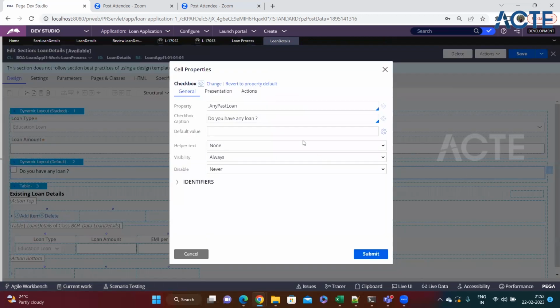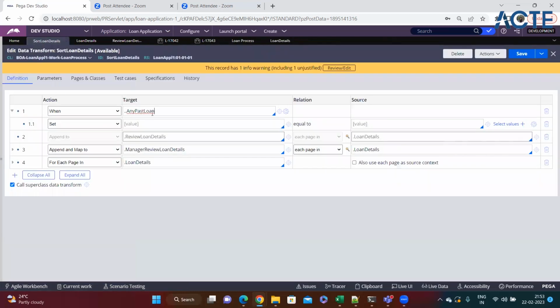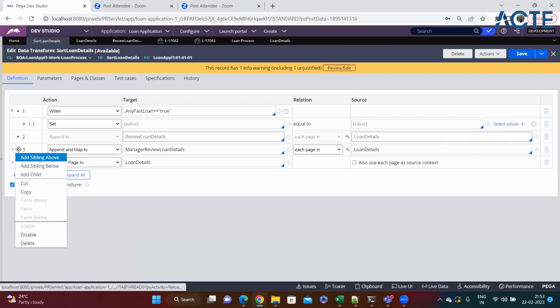I want any past loan. I want to copy data only when this is equal to true. Only when the user has taken a loan do I want to perform these actions, or whatever we have, right? So now I'll